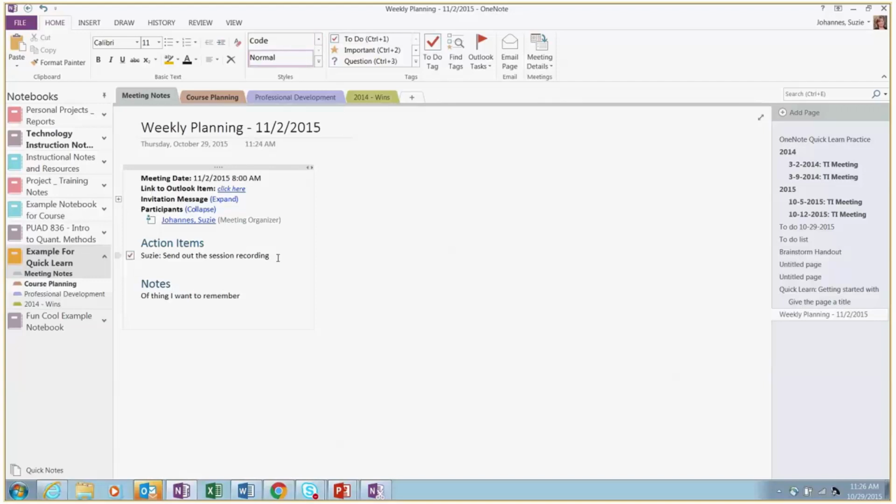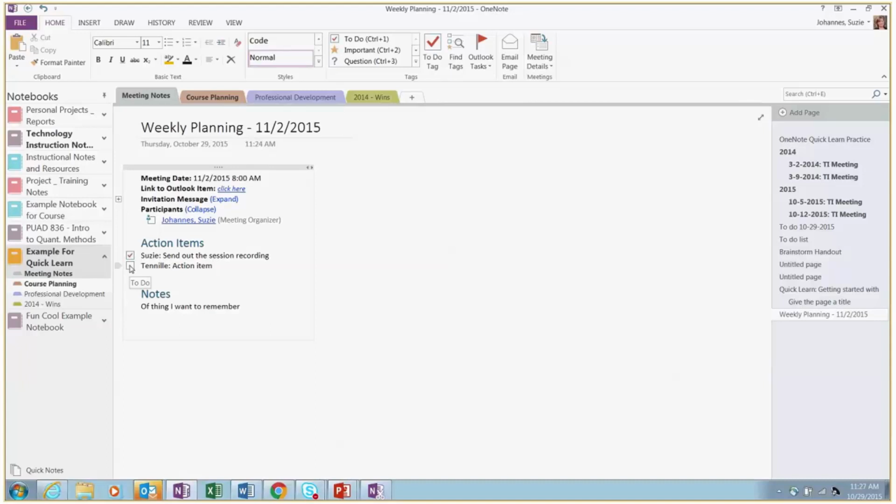The cons are, first, if I have an action item here, if I'm meeting with Tennille and she's included here, and I have an action item for her, she'll need to be responsible for managing her own tasks, and she'll need to come here and check off her task.